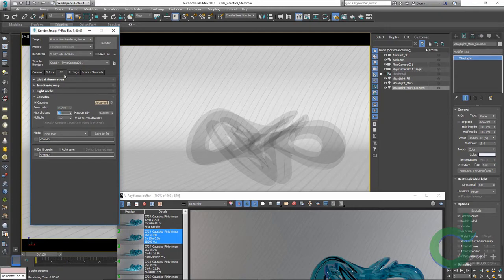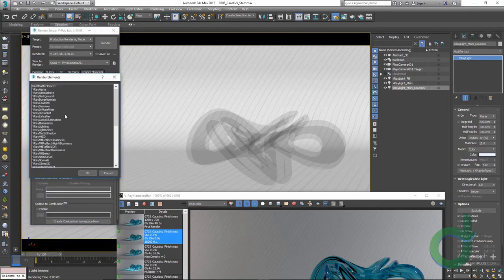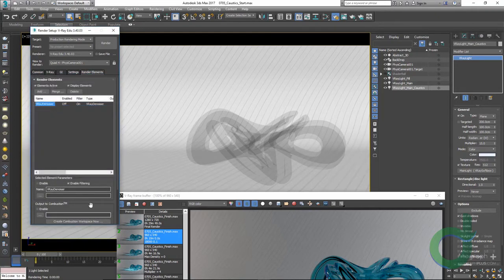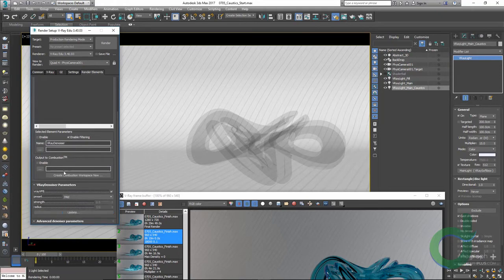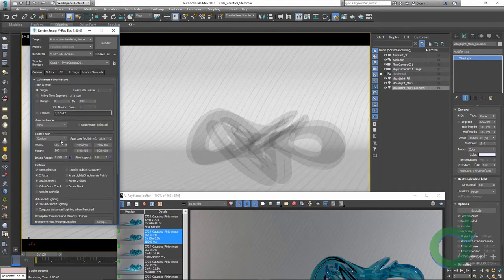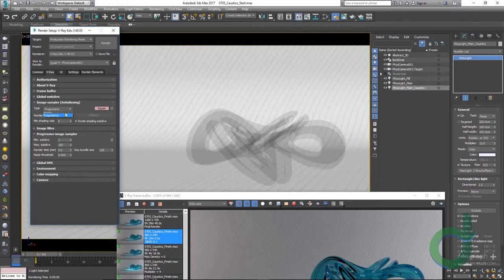Let's add a V-Ray denoiser pass and set its preset to mild. And in the common tab, set the resolution to 1280 by 720. In the V-Ray tab, set the image sampler to bucket, max subdivs to 24, and noise threshold to 0.008, and